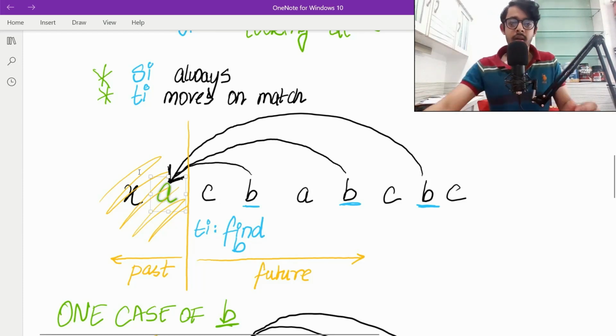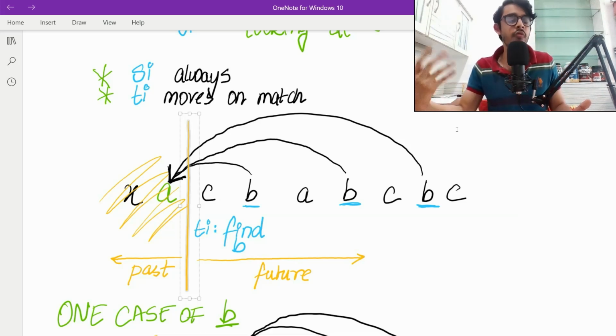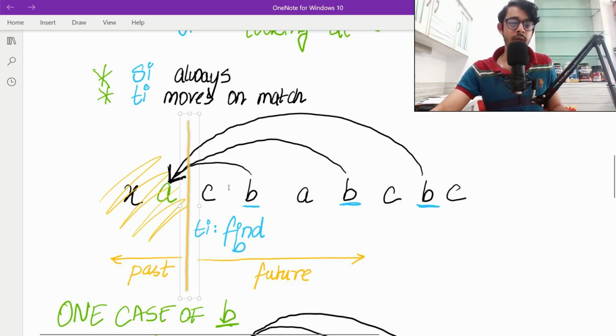And so with this current time specified, we have A here, and this is the current time. Now Ti is saying, hey, can you get me B? Can you find B for me? So Si will agree to it and say, okay, I'm going to scan and try to find all of the B's for you. So it goes around in the future.